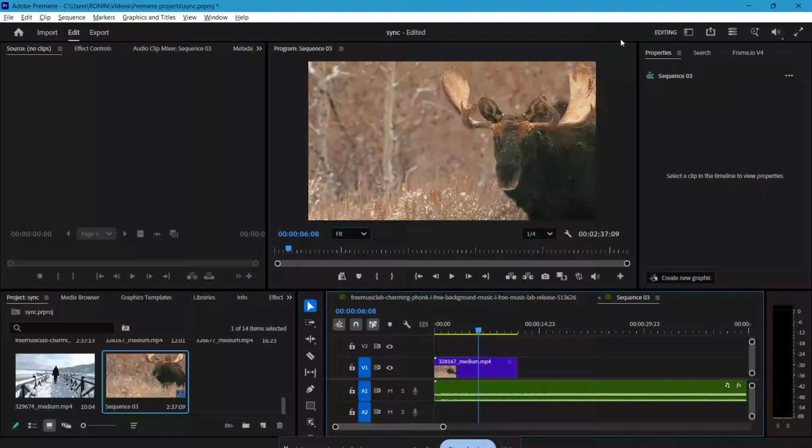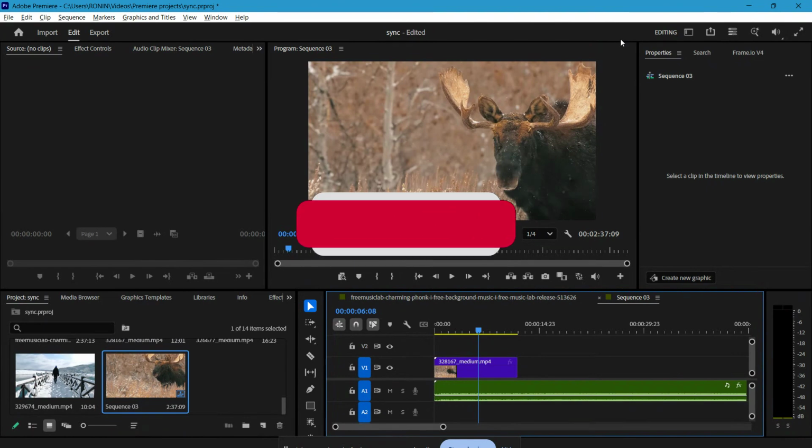If you've run into the Premiere Pro error retrieving frame message while exporting, you're definitely not alone. This is one of those frustrating export problems that can stop your project at the very end, even when everything looks fine in the timeline. The good news is that in most cases, this issue can be fixed with a few smart troubleshooting steps, and in this video, I'll walk you through them one by one so you can get your export working again as